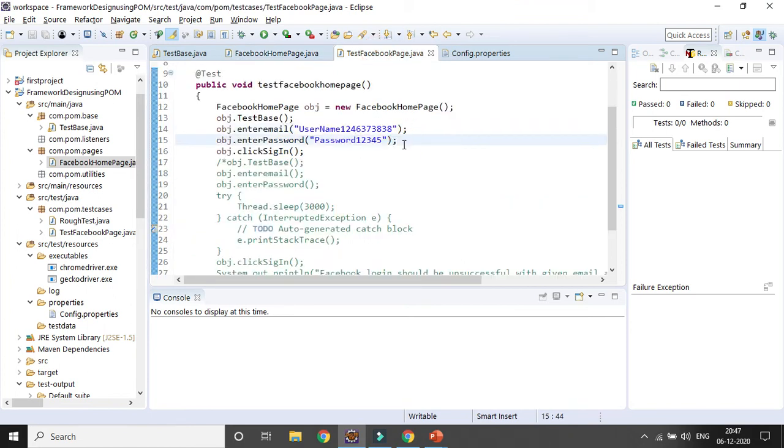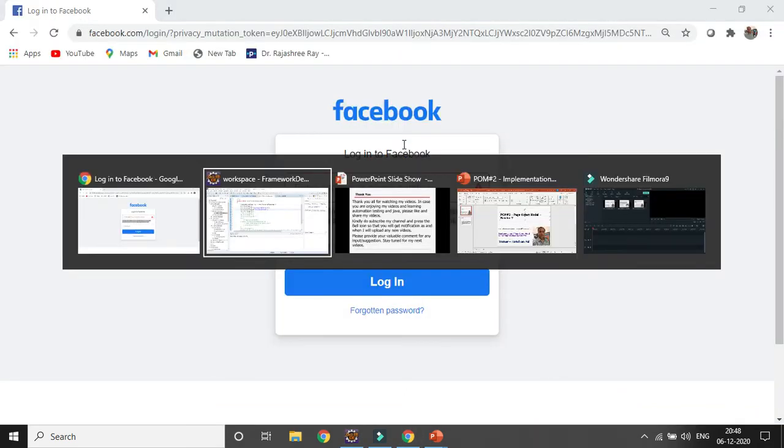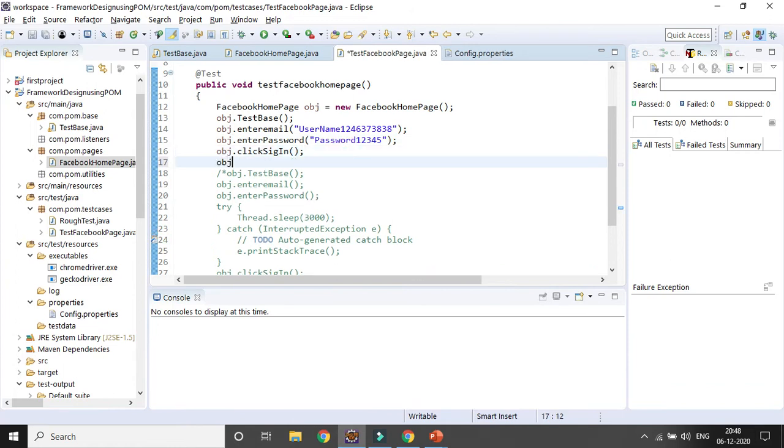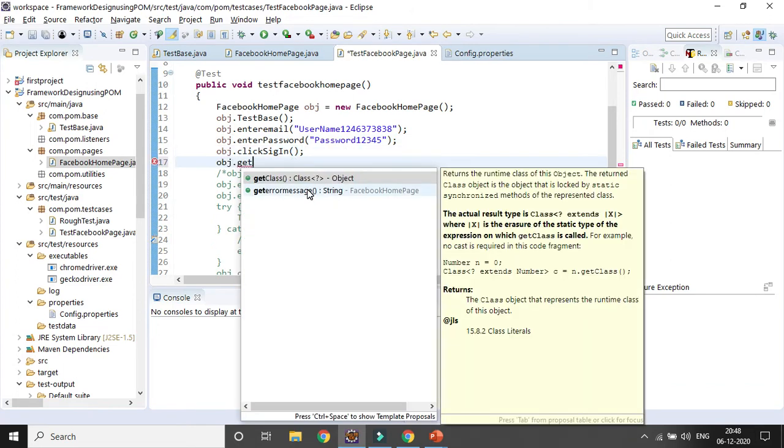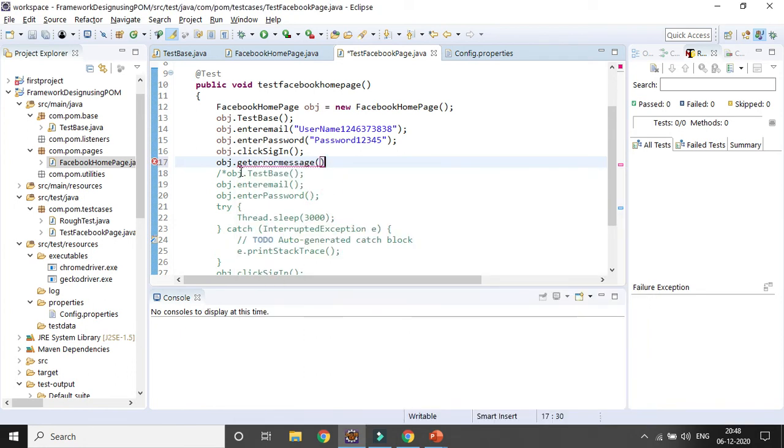After that, I also want to verify whether my expected result is matching with the actual result, right? So first I will be calling that method, object dot get error message. You can see the return type is string, so I will be storing it in a string, login error message variable.